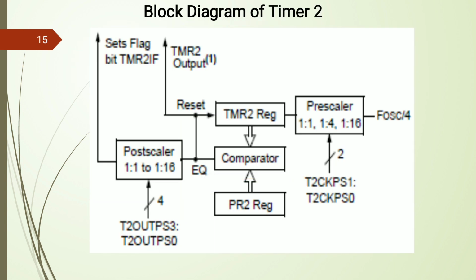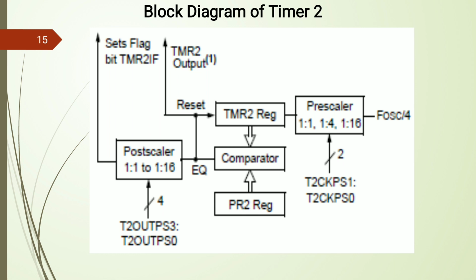After that we see the block diagram of timer 2. Here timer 2 consists of a pre-scaling option as well as a post-scaling option, so it is important to study. Generally for PWM purposes, timer 2 is used for detection of on time and off time also, that is duty cycle and timeout cycle.